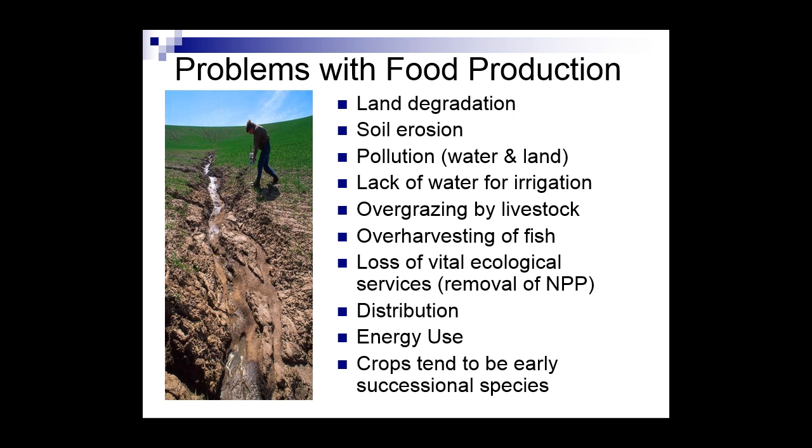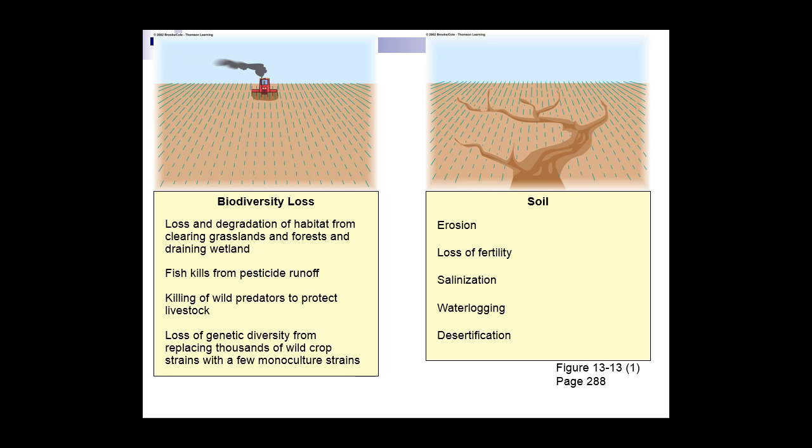The first set of problems. We're going to have a biodiversity loss. All right. There's no way about it. I mean, if you come in and you cut down a forest and then you plant nothing but wheat, you went from lots of biodiversity to no biodiversity because now you have one species growing in one area, wheat, and that's it. That's a problem, okay?